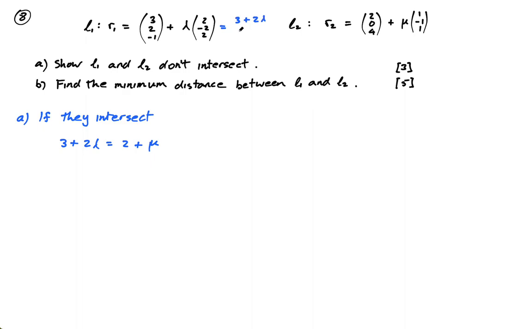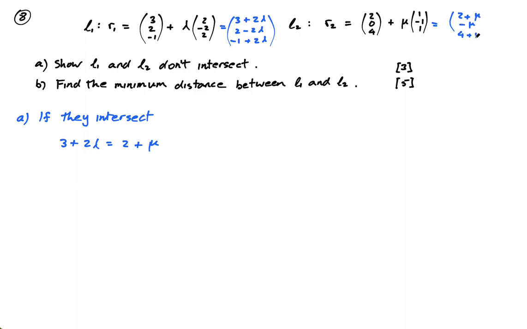The y-coordinate is 2 minus 2 lambda. The z-coordinate is -1 plus 2 lambda. This is just another way of writing the same thing. X-coordinate, y-coordinate, z-coordinate. They have to equal the x-coordinate, 2 plus mu, 0 minus mu, which is just minus mu,